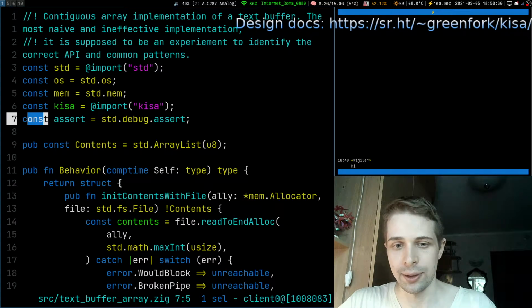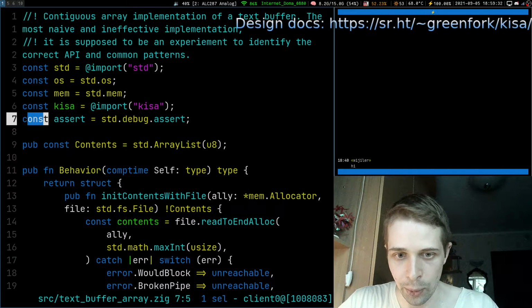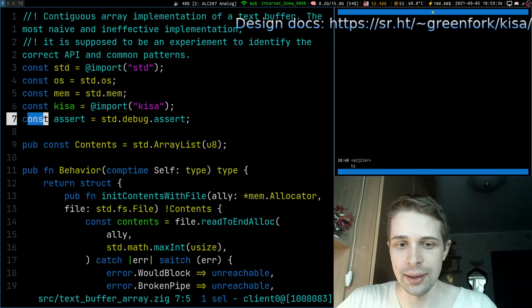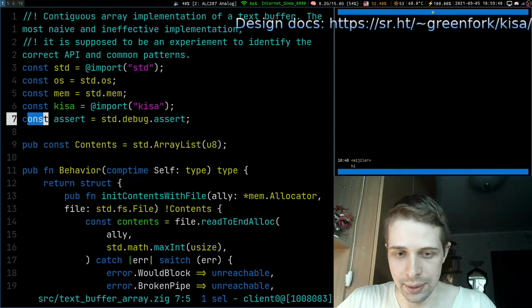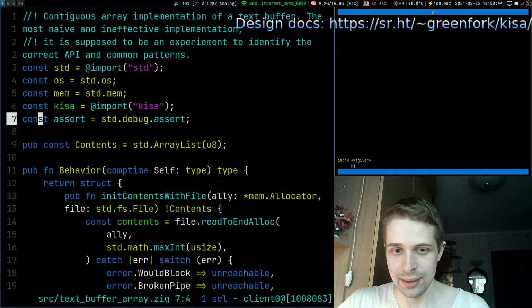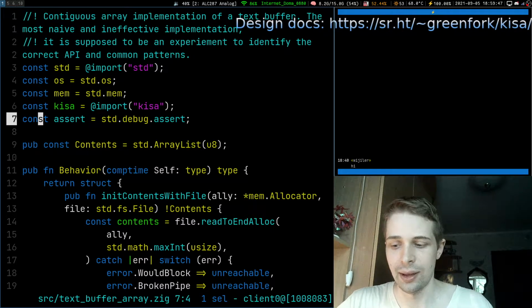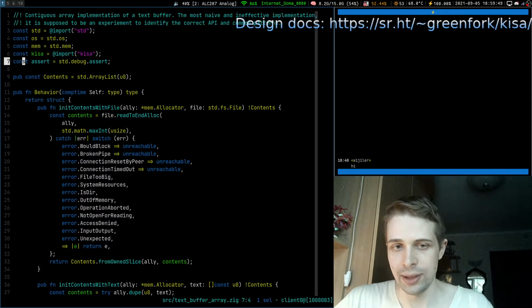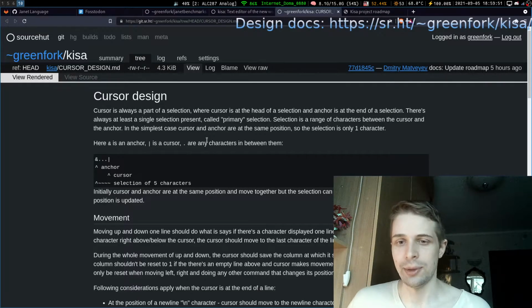And now the cursor is the white block, and the anchor is at the letter O of const, right? So we have a selection, and this is how we will do our cursor as well. It's just easier to implement and manipulate it this way.